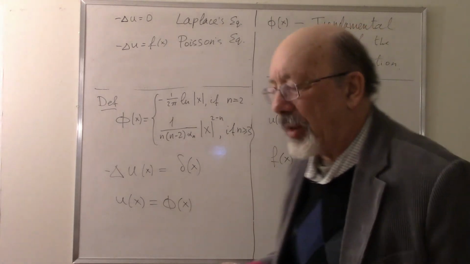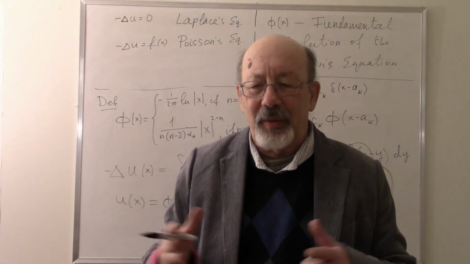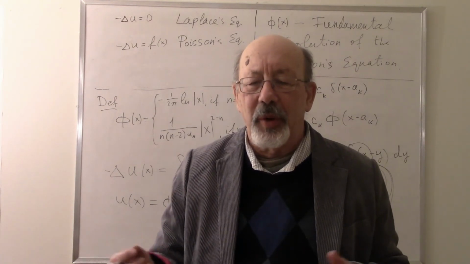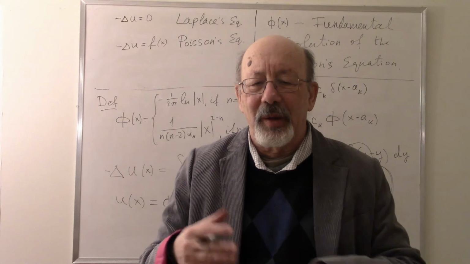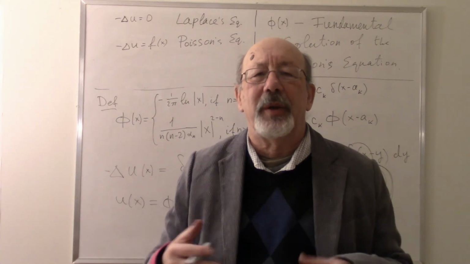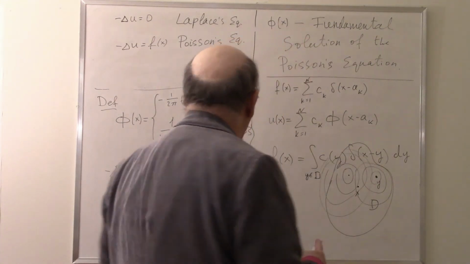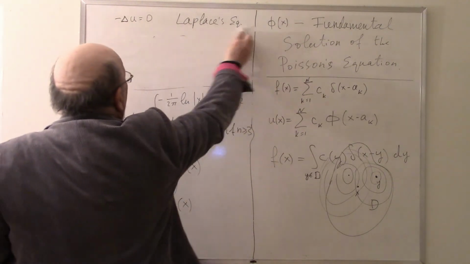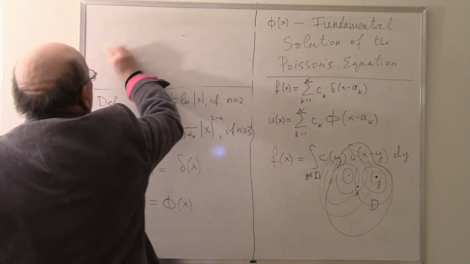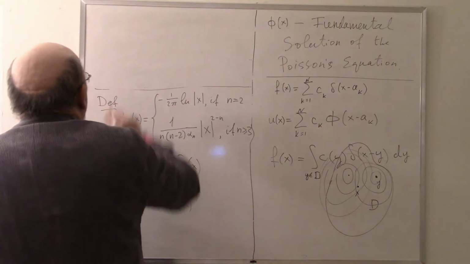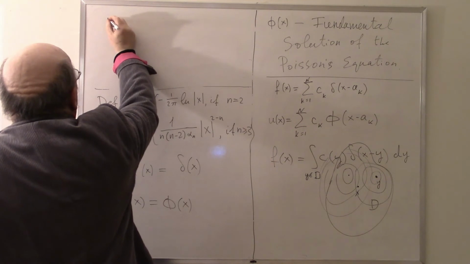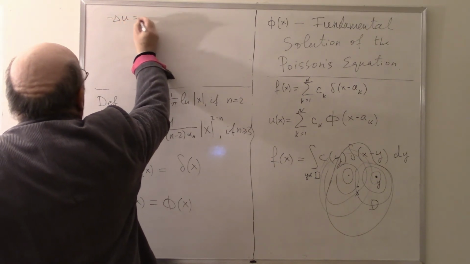But if you have such a continuous system of points, then instead of addition, we have integration. And this means that for u minus delta u equals f,